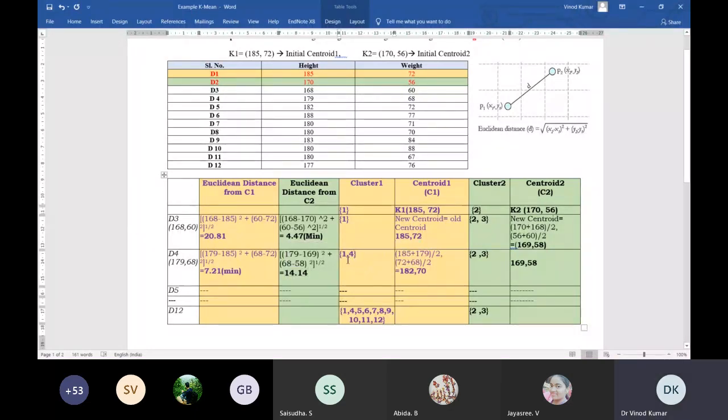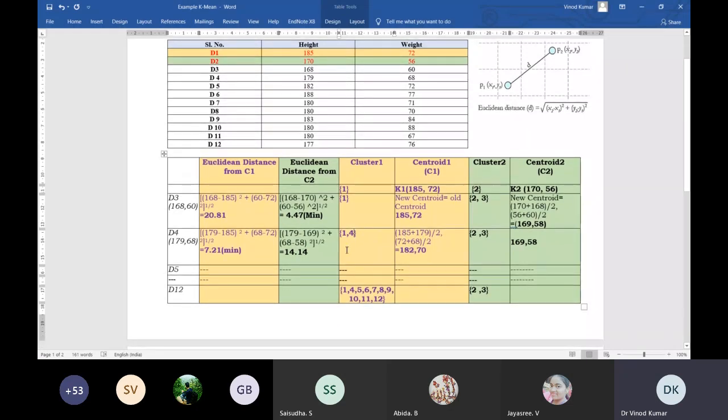So now what will happen? Now this cluster 1 also has 2 elements. Because a new object is added to this, this centroid will have changed. So what I will do now, I will calculate the mean. How will I calculate the mean?